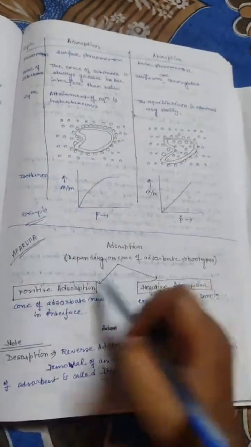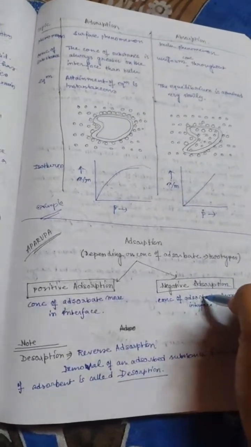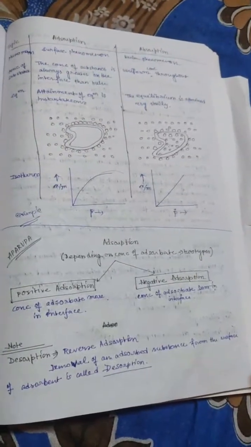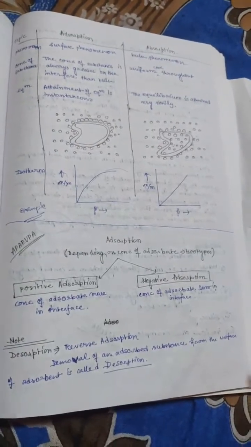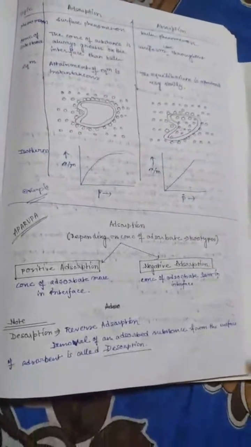Okay, basically two types. One is positive adsorption, when the concentration of adsorbent that should be more in interface, but when that should be less, that is called negative adsorption. So most of the cases we have to consider adsorption generally refer to positive adsorption, not for negative adsorption. নেগেটিভ অ্যাডসর্বকে আমরা অ্যাজ এ টাইপ হিসেবে বলতে পারি, কিন্তু অ্যাডসর্পশন বলতে আমরা সাধারণত পজিটিভ অ্যাডসর্পশনকেই ধরি, যেখানে অ্যাডসর্বেন্ট মলিকিউলগুলোর কনসেন্ট্রেশন সারফেস এরিয়াতে অনেকটাই বেশি।